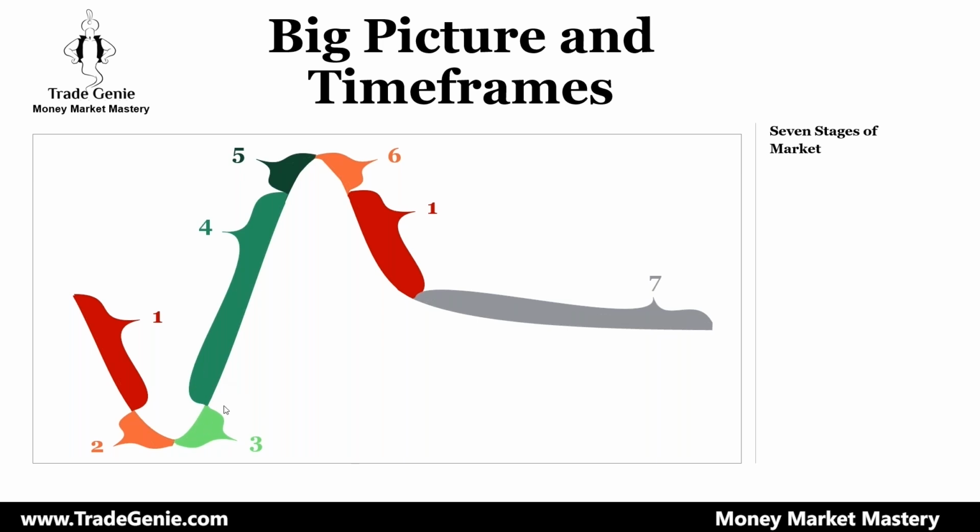Or if the market gaps up here, you will be able to catch it. If another candlestick pattern comes here, you will be able to catch it. Maybe the trend line is established, you will be able to catch it. Maybe there was a volume spike and you're reading the volume correctly, you will catch it. Maybe you have some magical indicators, you will be able to catch it. So this is where most of the money is made, in stage four.